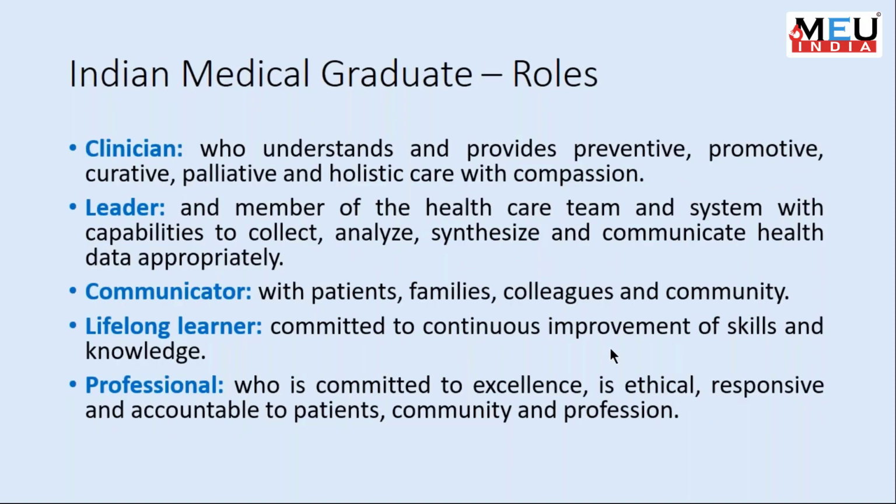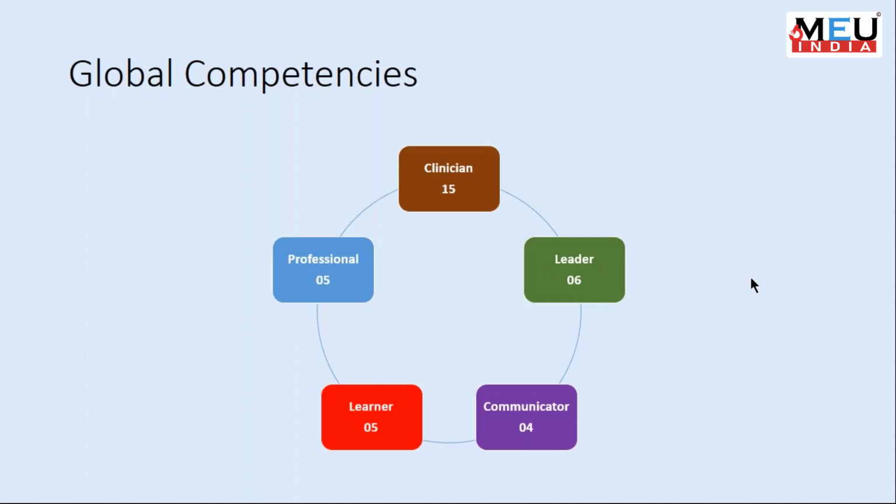The learner goals can also be termed as the roles, and there are 5 roles which are defined: the clinician, leader, communicator, lifelong learner, and professional. We're not going into detail on that. Further, you can see over here, these roles are translated into global competencies. And in these global competencies, there are 15 competencies within clinician, 6 within leader, 4 within communicator, 5 within learner, and 5 within professional roles. Now, these are global competencies,